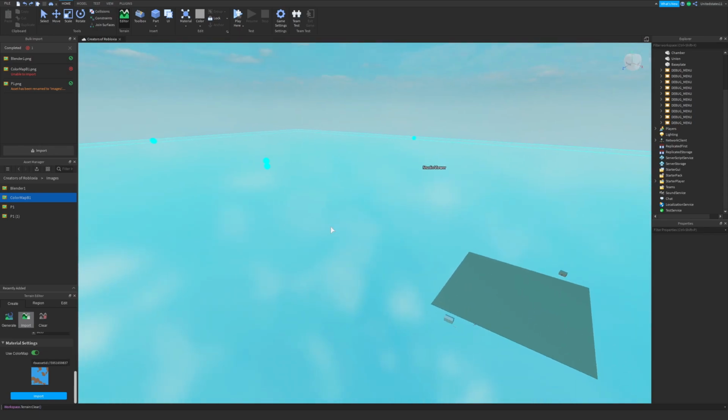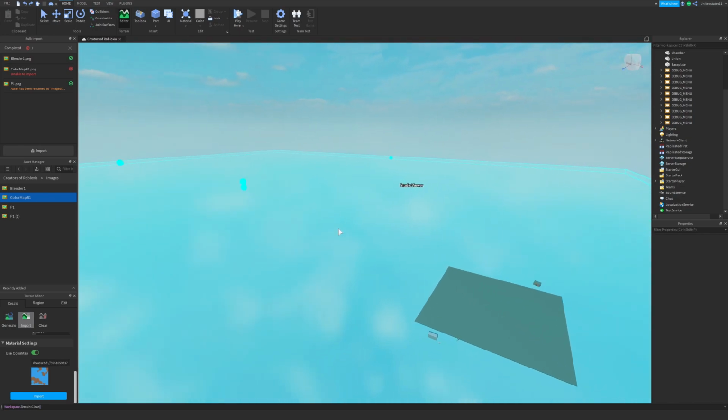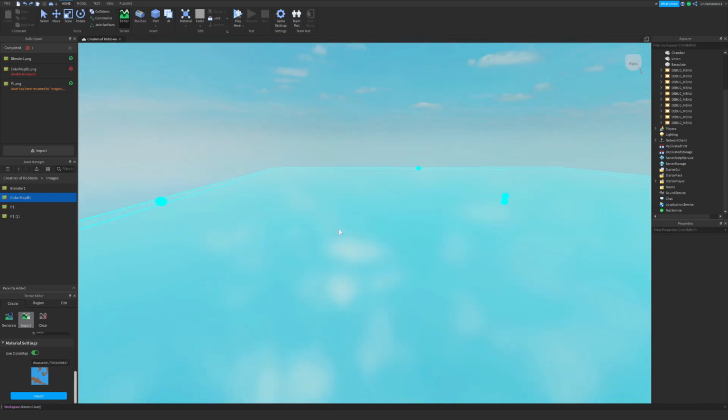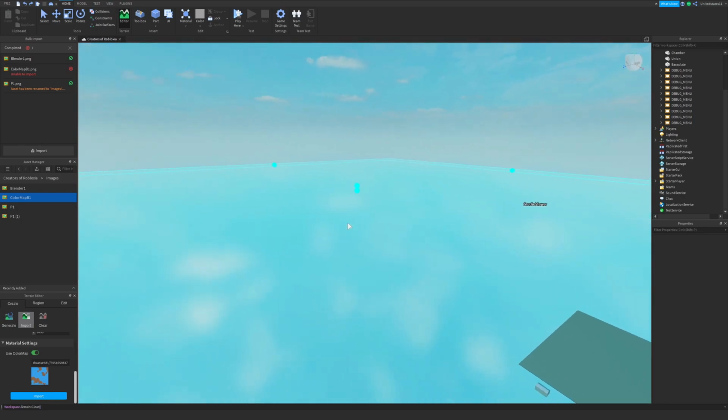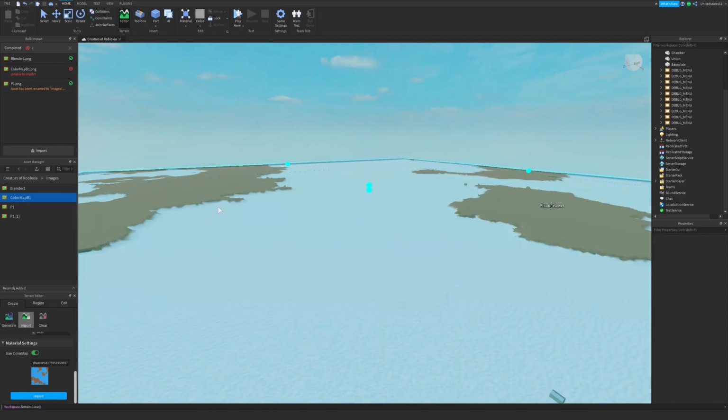I had it way larger than this last time and it lagged me out, but it ended up loading and it was just massive. So let's go ahead and do this. This is pretty medium, so I'll see you guys when this loads, because it's gonna take a minute. And don't worry, because when you freeze, it doesn't mean you've crashed. It just means it's loading sometimes. Alright, so here we go.